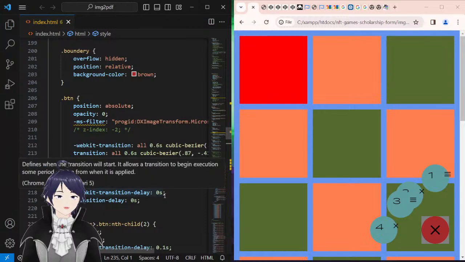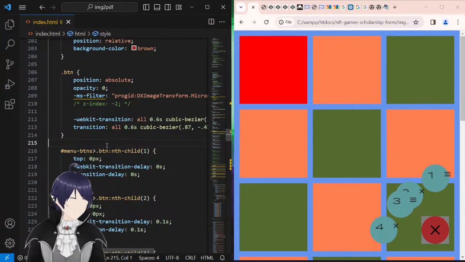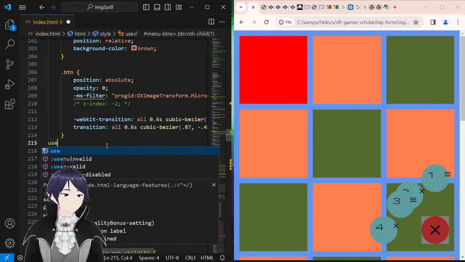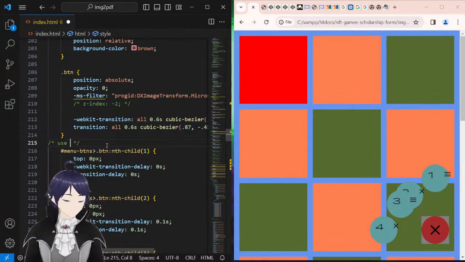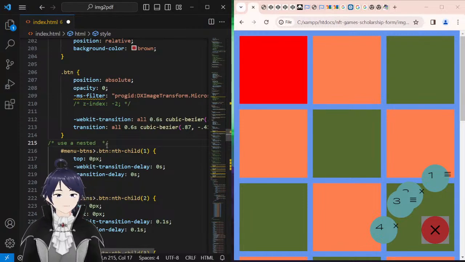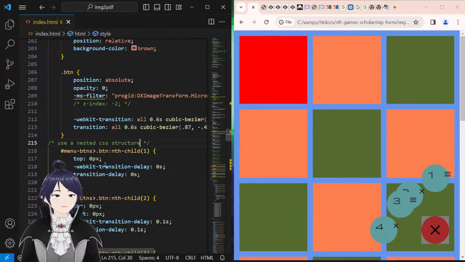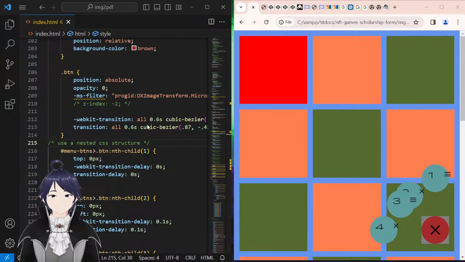Later on, let's put a comment here. Use a nested CSS structure. We will be trying that one out later. So let's just put a note there. So for now, let's identify the